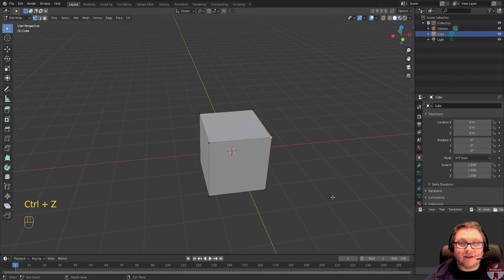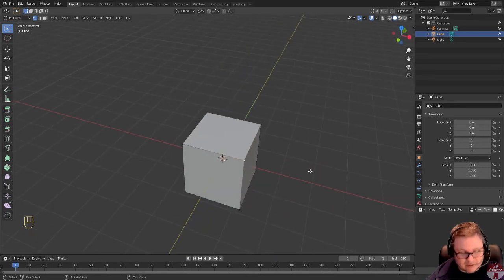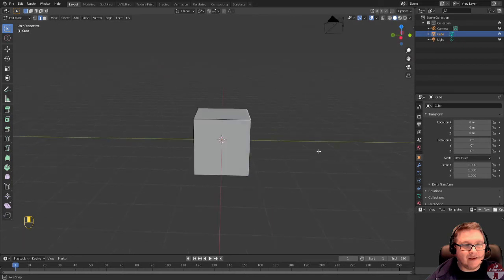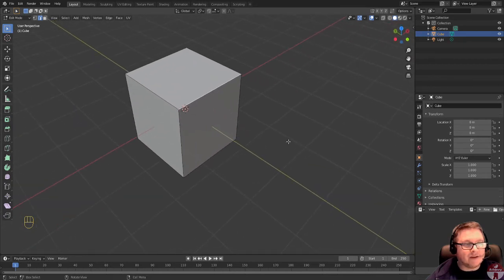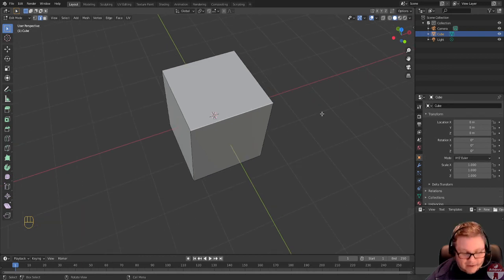Similarly, you can scale things. In here now, you can't scale a vertex, that doesn't make any sense, and you can't rotate a vertex, that doesn't make any sense either. But if you have a couple of vertices selected, you can scale them, for example. So if I select that whole edge there, and I hit scale,